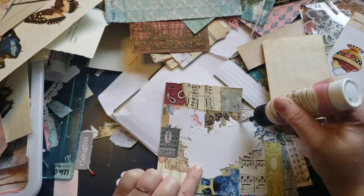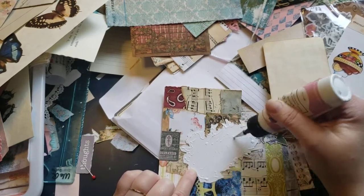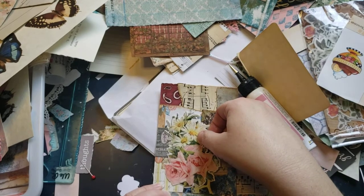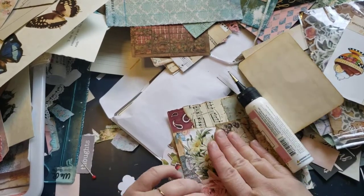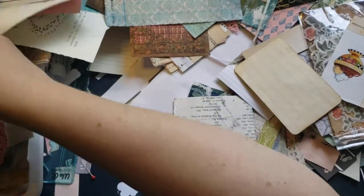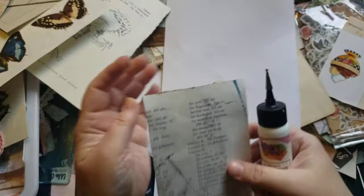Like glue. This is a new glue, whatchamacallit, the metal tip is new. It's already a mess. The glue gloops up on it so fast. So very fast. Anybody know where I just had that? There maybe? And then I gotta back it now. Let's see. I think I might back it with some of this actually. It's just nicer. It's got words on it, but they're so light you can write on them. So it's a nice